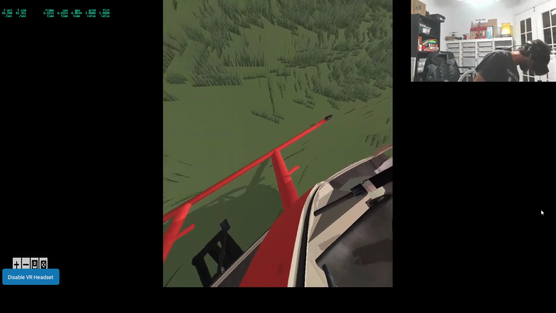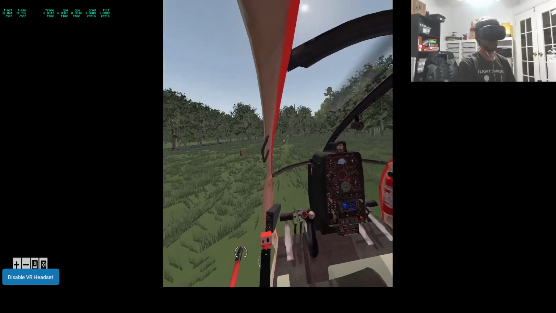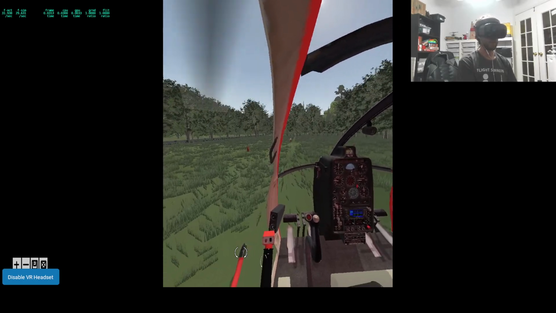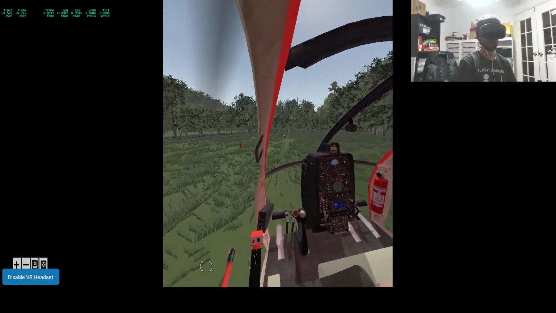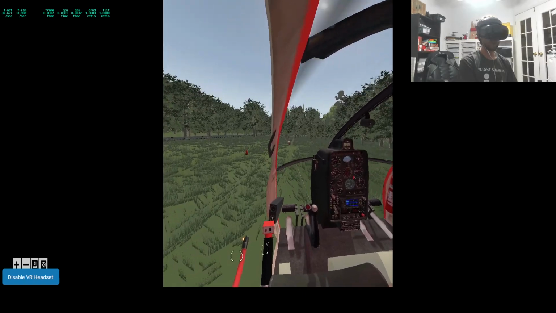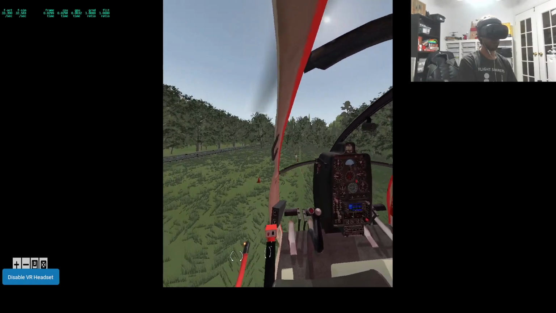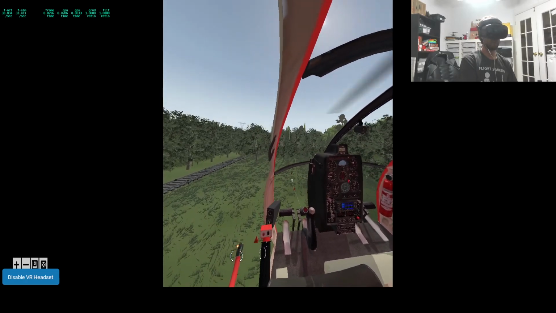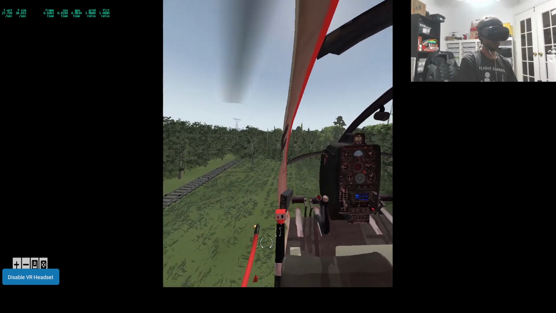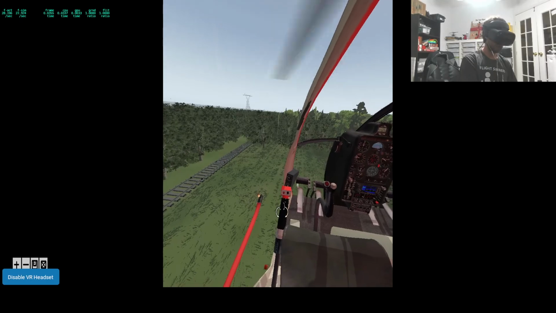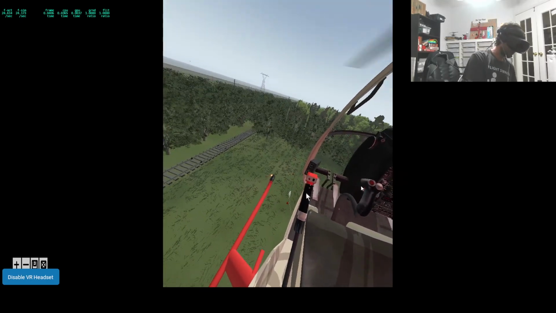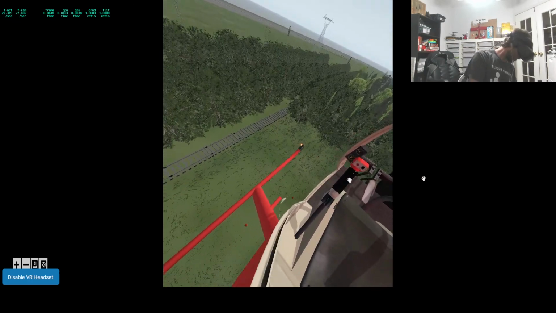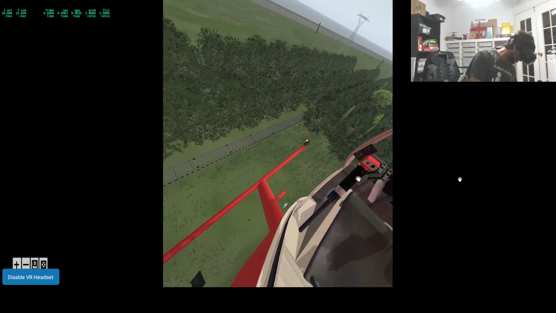Alright, pretty well centered, and look out the aircraft. Here we go. My feet on the pedals. So what you'll see now is I'm picking up the beam. The saw is staying put on the ground there, dragging it just slightly so you come forward a little bit, controlling it just ever so slightly into our LZ. You can see right about here the saw is going to start picking up, and it's going to tilt up onto its nose. As it tilts up onto its nose, we want to be able to pick it up,